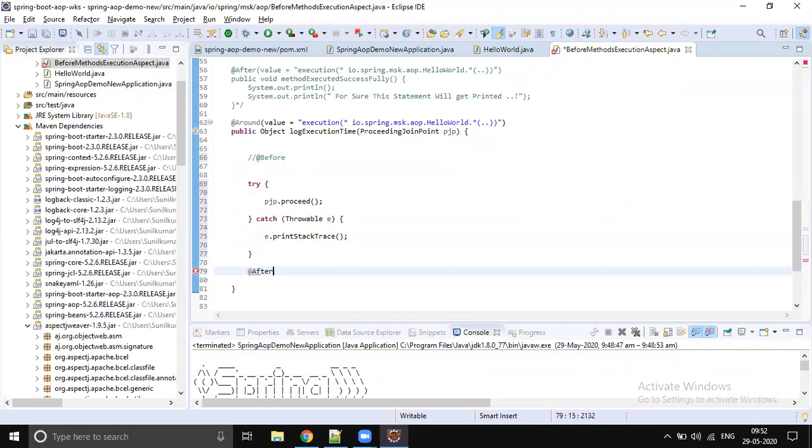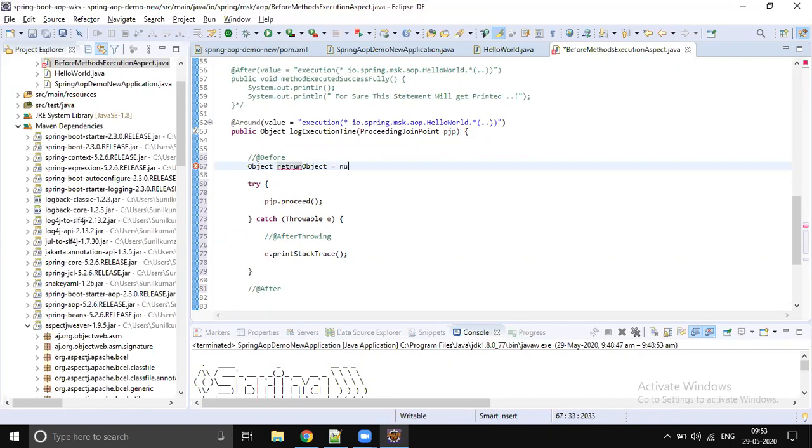When an exception comes, whatever you write inside the catch block is your after throwing. Just before your method execution completes, you have to return the object.